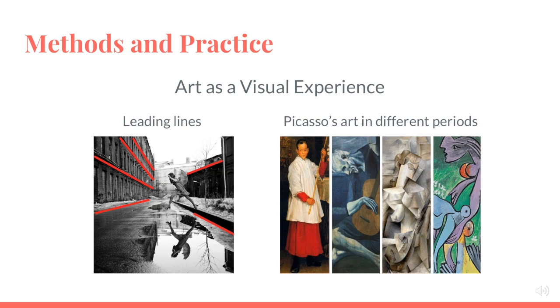The second method is art as a visual experience. This is mainly used by art historians, and it focuses on historical context and interpretations of meaning. Visual analysis includes the elements of art such as shape, form, tone, texture, patterns, color, and composition. By analyzing these elements, we can identify the impressions of a work of art. For example, the image shows the use of the element composition by using leading lines that will make the viewer's eyes go to the main subject in the work of art. In this case, it's the woman with the umbrella.